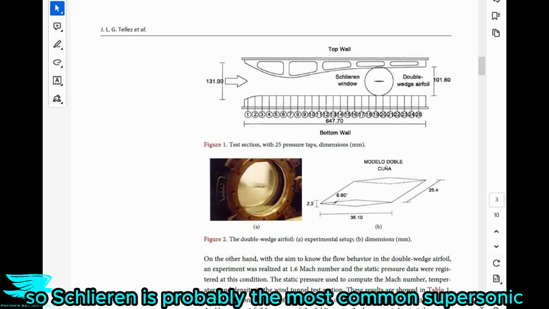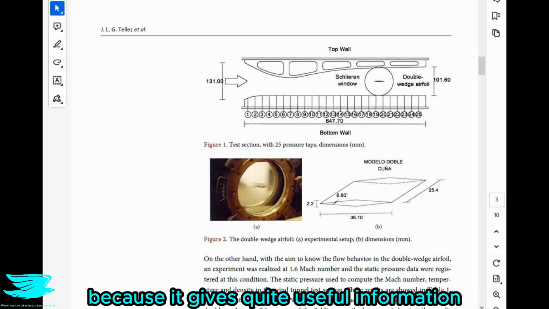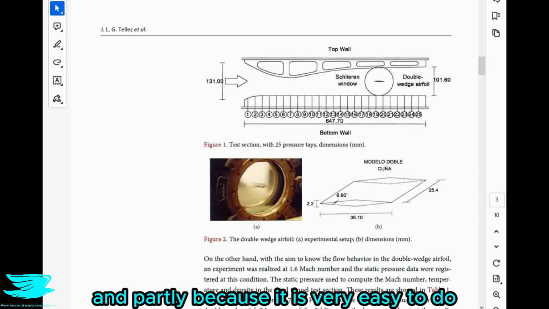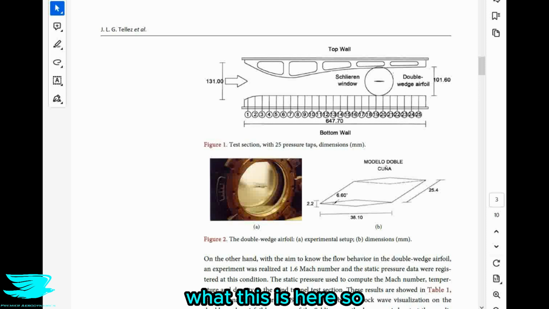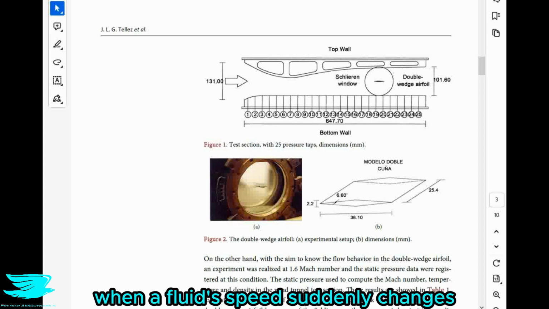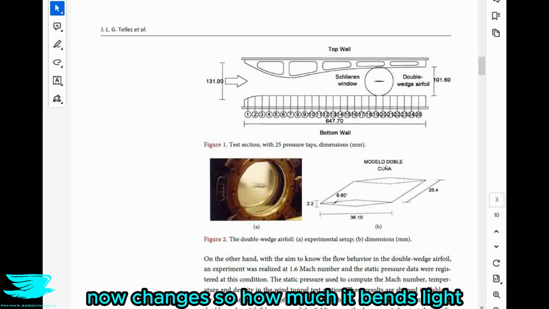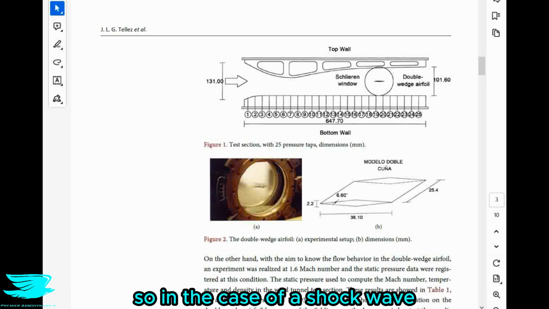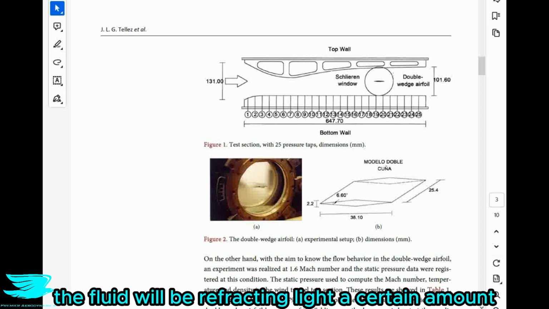So Schlieren is probably the most common supersonic wind tunnel technique, partly because it gives quite useful information, and partly because it is very easy to do. And let's go through a bit more in detail what this is here. So the general operating principle is that when a fluid's speed suddenly changes, like over a shock, the refractive index of the fluid now changes, so how much it bends light. So in the case of a shock wave, before the shock, the fluid will be refracting light a certain amount,